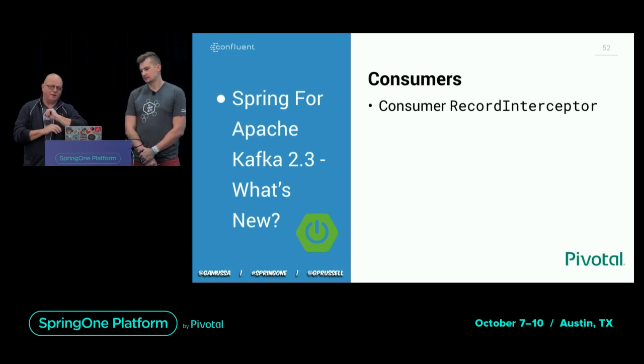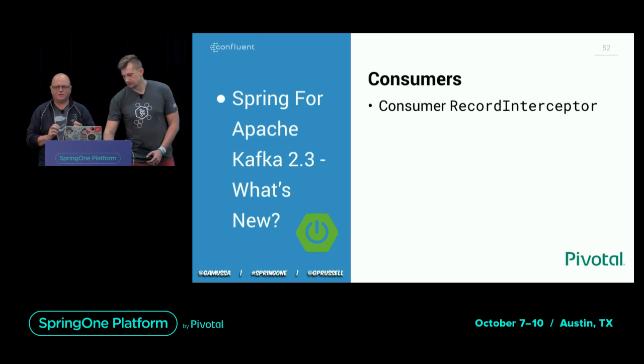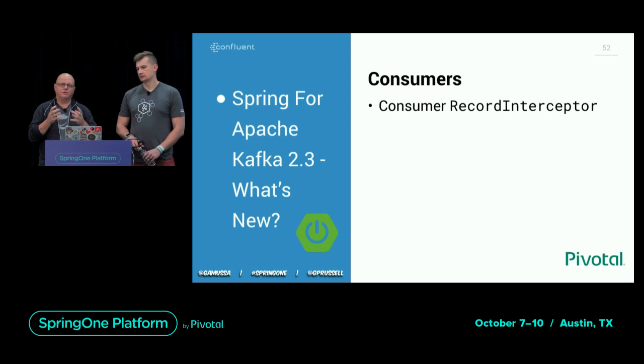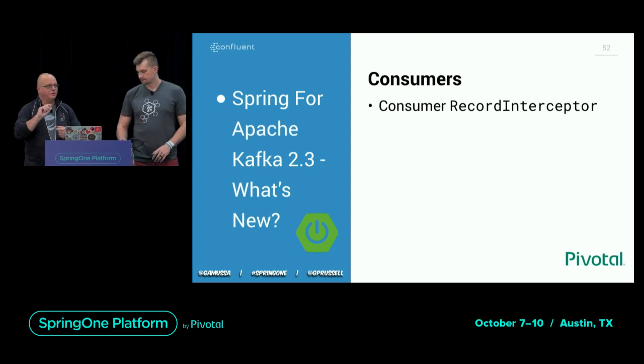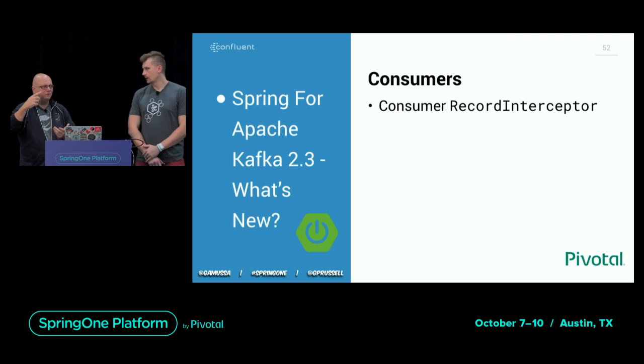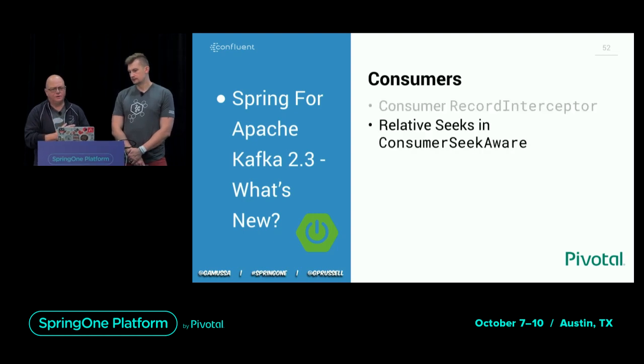Right. Now Kafka has a notion of a consumer listener, I think it's called. I can't remember, but it gets back the consumer records. When you do a poll and you get back 10 records, the Kafka-provided hook gets the whole list of records. We had a user who said, "I want to be able to inspect each record without having to iterate over them." That's usually a more reactive approach, and Reactor uses this kind of approach. They wanted to enhance the headers, for example, to add a new header or something like that. So that's another new feature.